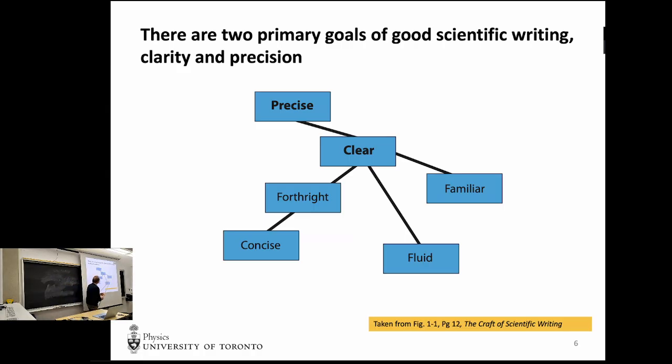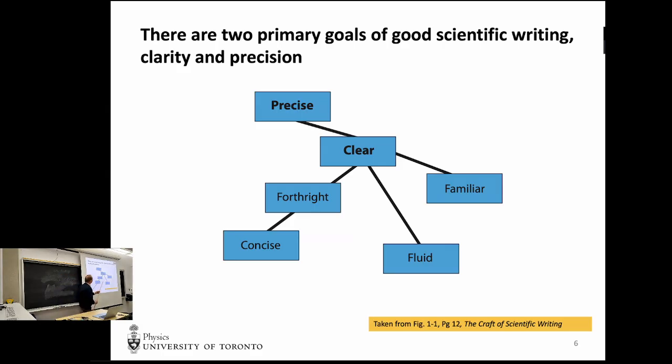And then there's this idea of writing in a fluid way, in a familiar way. Fluid is a bit hard to define precisely, but you know when it's not fluid. Not fluid means that when you're writing, sentences don't hang together, paragraphs don't hang together. It's actually jarring. It's hard to understand because there isn't a very clear stream of argument or thought or explanation.